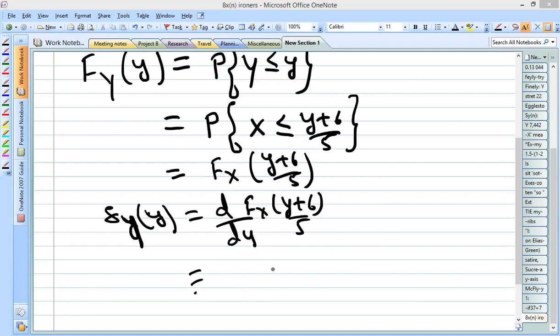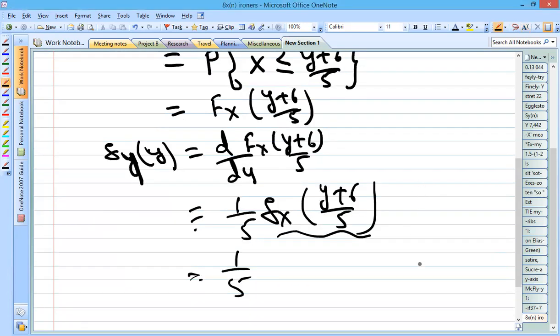So here, what you will be getting? You will be writing the PDF f_X((y+6)/5), and the differentiation of (y+6)/5 is 1/5. So now, in the next step, what you are going to write? 1/5. This has to be expressed in terms of the PDF of a Gaussian random variable. For the Gaussian random variable, I have shown that it is equal to 1/root(2 pi) e to the power minus x square by 2, right?